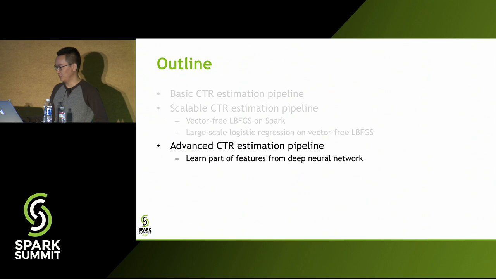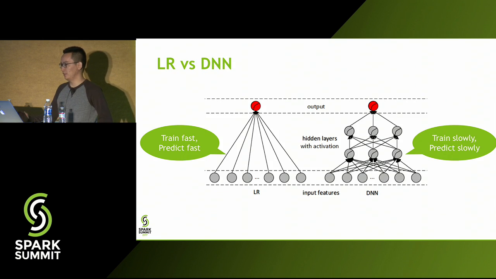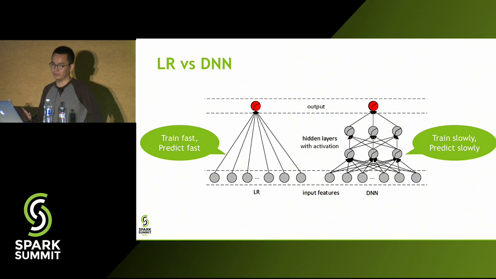So we have explored more advanced models using deep learning. As we all know, deep learning has been used very successfully in image processing, computer vision, speech recognition, and natural language processing. But the data used in CTR estimation is very sparse with very high dimension, which is different from the data used in computer vision or natural language processing. So can we train DNN models for CTR estimation? It is also a very hot topic in the research and